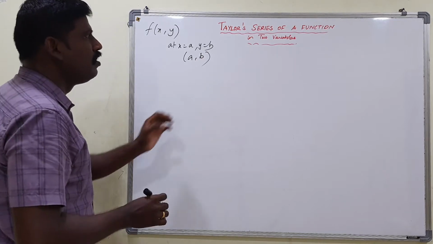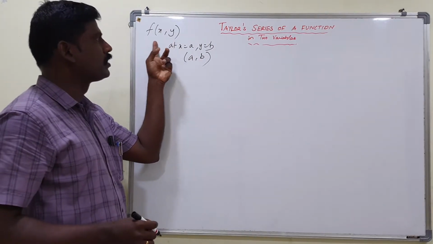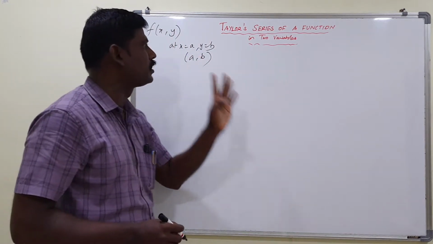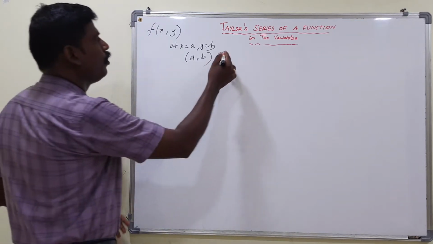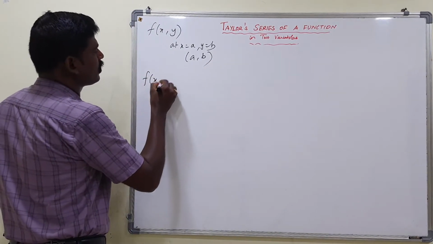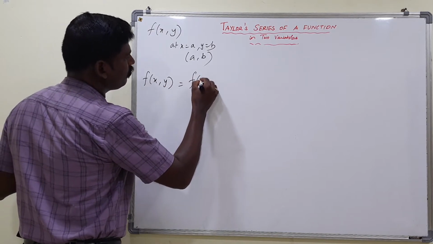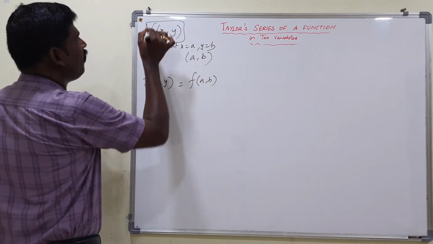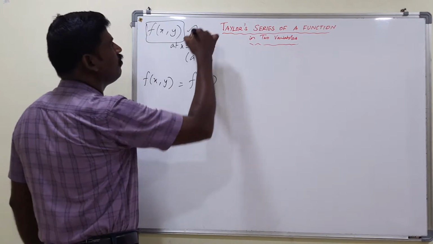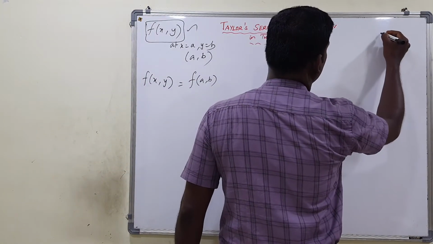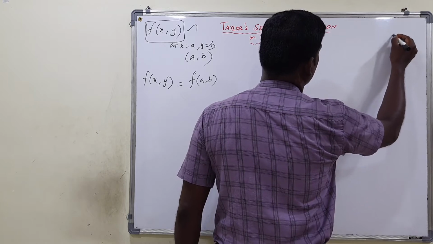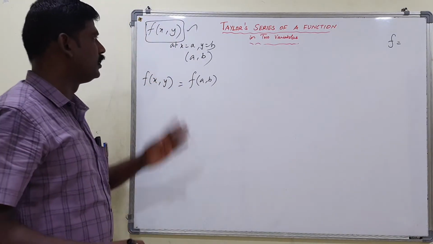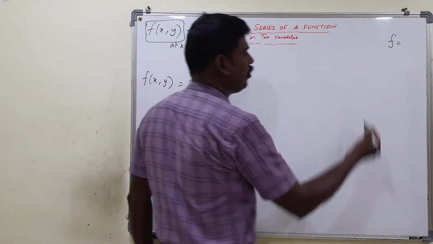So what is the formula for a function in 2 variables x comma y? What is the Taylor series expansion of a function in 2 variables at the point a comma b? That's what we are going to discuss here. So f of x comma y is equal to f of a comma b. Before going to the series expansion of f of x comma y, first we need the partial derivatives involving the function. The given function is f of x comma y, I simply write it as f. What are the values we need in the Taylor series at this point? That's what I am going to discuss today.